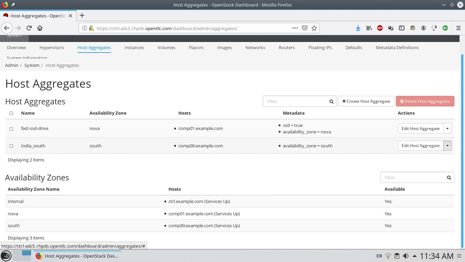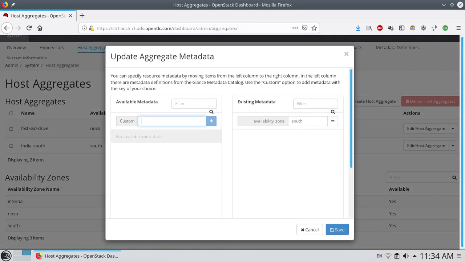Here we can update the metadata. Let's select metadata location and put India_South. We are adding one custom property where we are putting the location as India South. If someone puts this particular property, those servers will automatically come to this host aggregate.